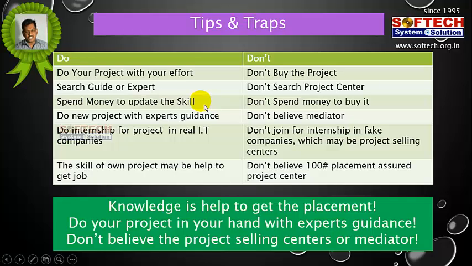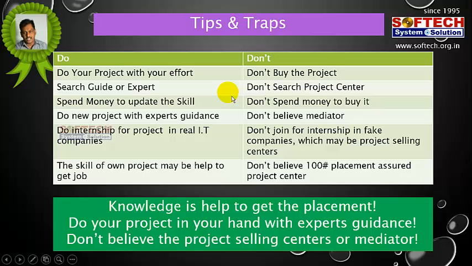Search for a guide or expert. The student can search for a guide, internal or external. Don't search for project centers. All project centers are selling projects. They do not give guidance to do your own project. They give ready-made projects only.